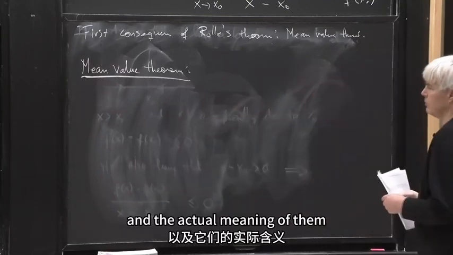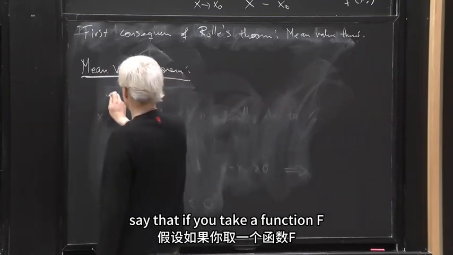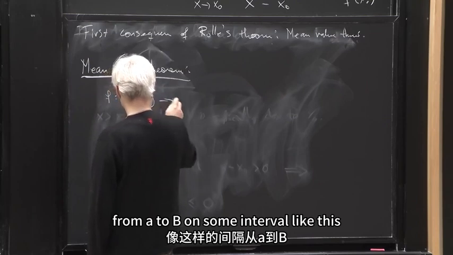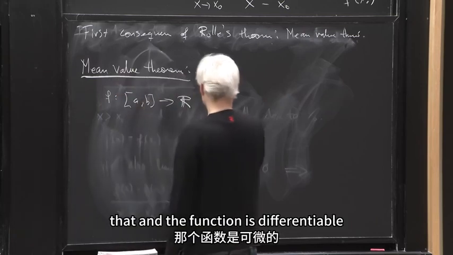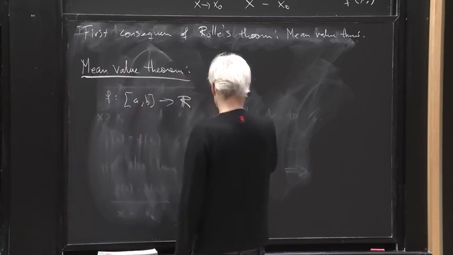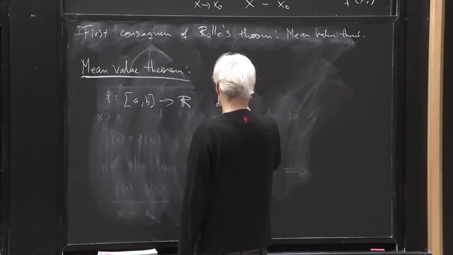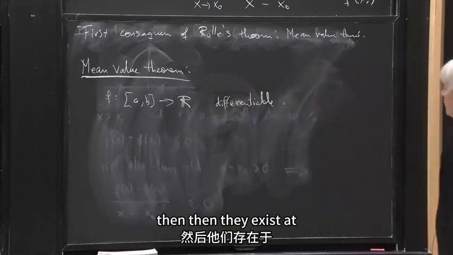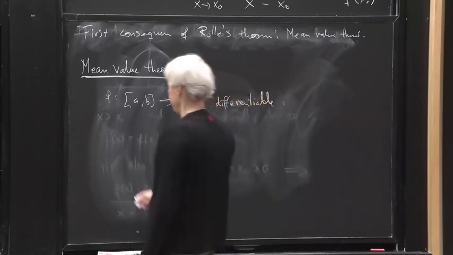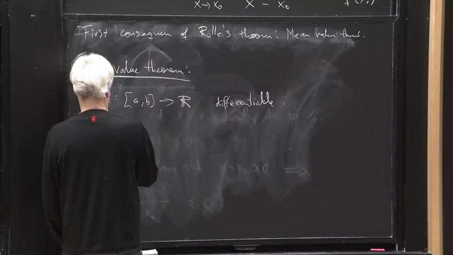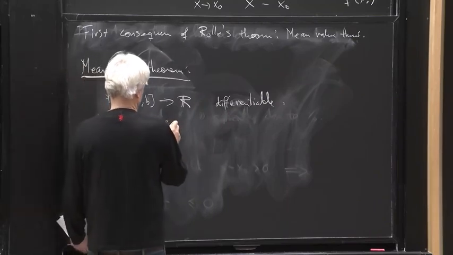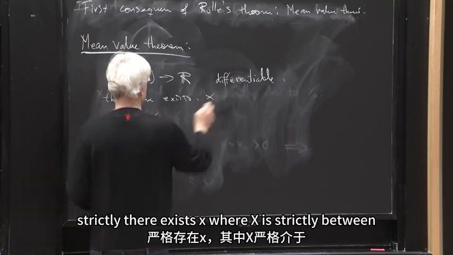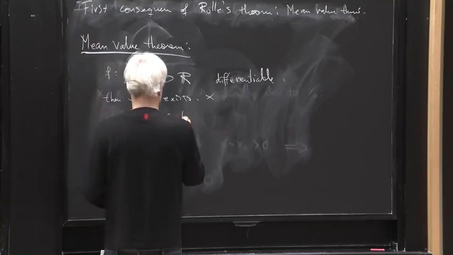The actual mean value theorem says that if you take a function f from a to b on some interval like this, and the function is differentiable, then there exists x, where x is strictly between a and b,